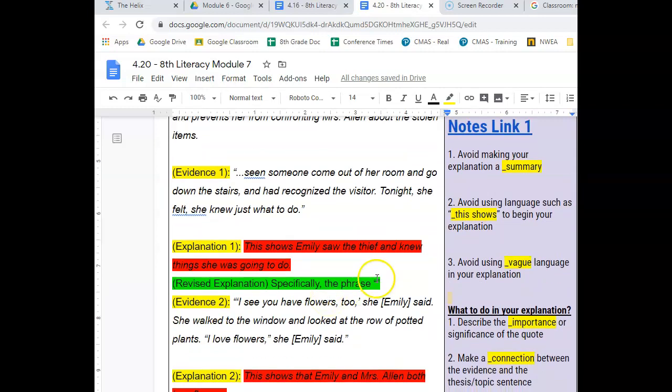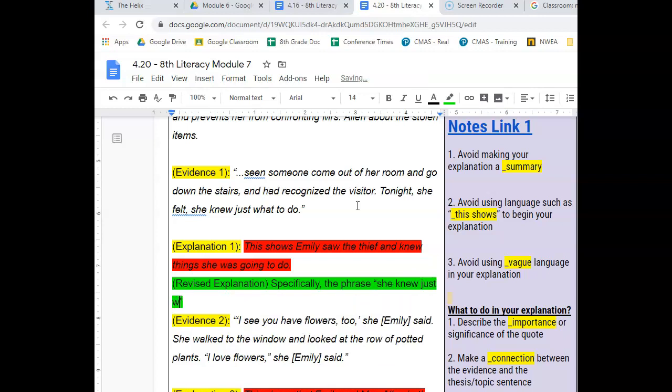So I'm going to revise my explanation down here at the bottom, right, where it's green. So please go ahead and type this in. Right, so you have an exemplar of what it looks like to write a strong explanation. Specifically the phrase, and I'm going to go back to the phrase that I wrote here. She, which is referring to Emily, knew just what to do. Right? It reveals